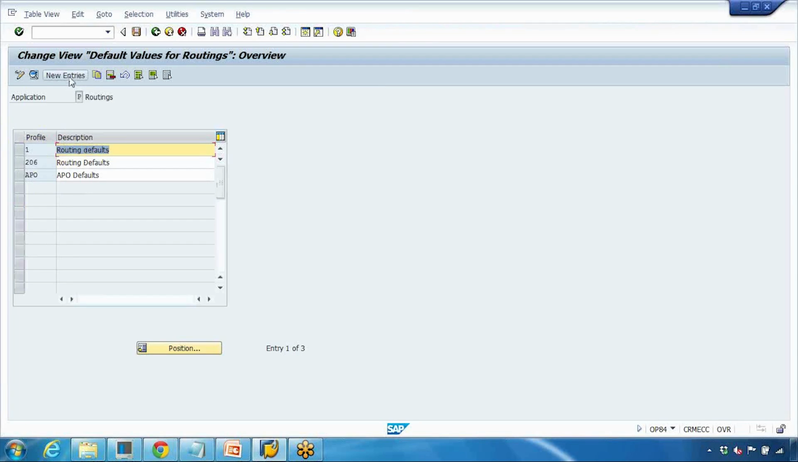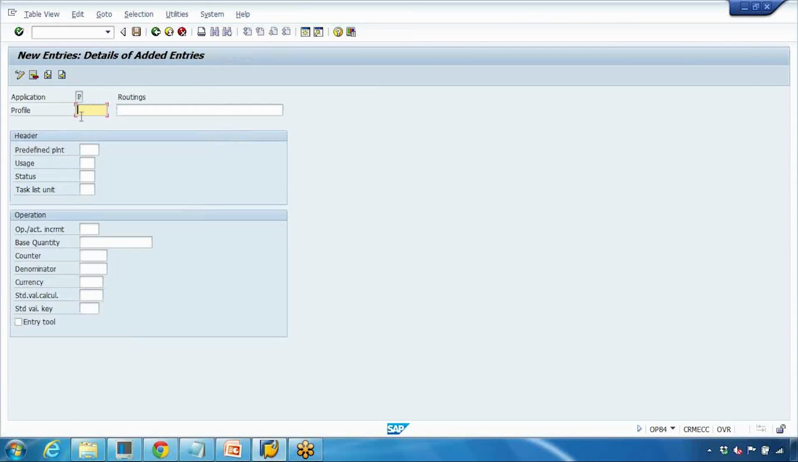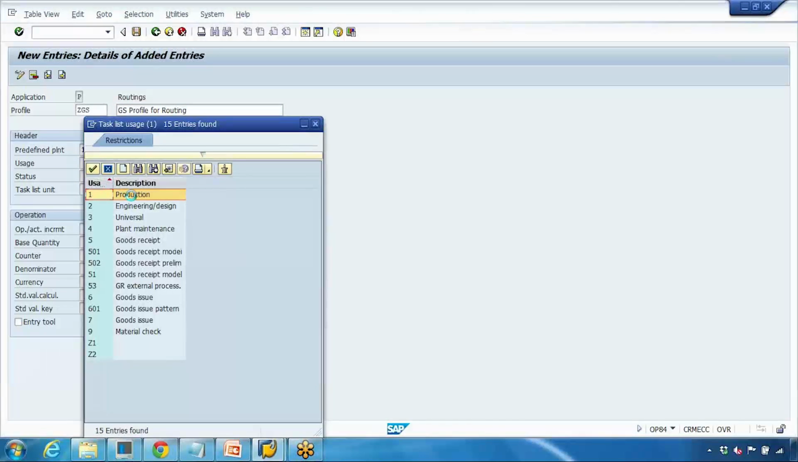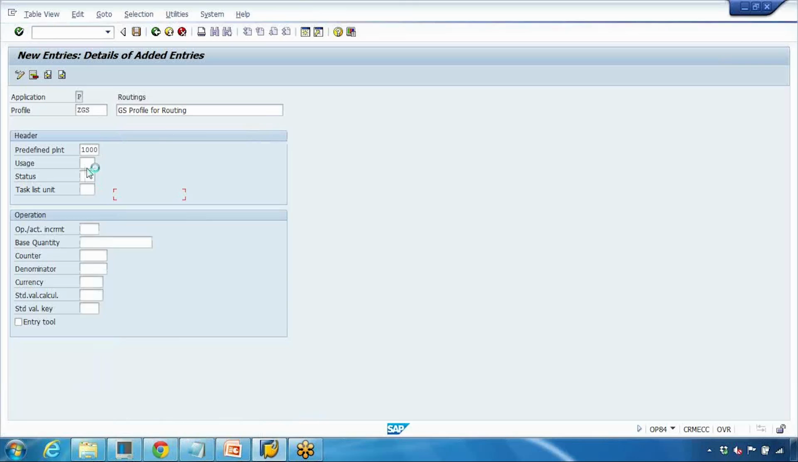So it's very easy. Click on new entry. I will call it ZGS, my initial. You can create yours. So I can say GS profile for routing. So basically here you can enter any default value. Like when you create the routing, you need to enter the plant and all that. So here you can say my default plant is 1000, usage, whatever usage you want to use here, like production. Then status will be say 4 that we used earlier, 4,